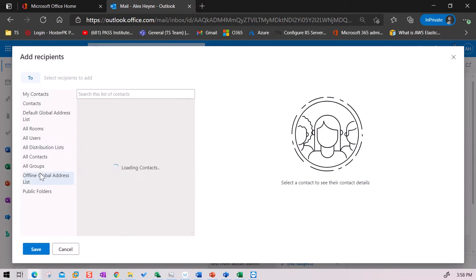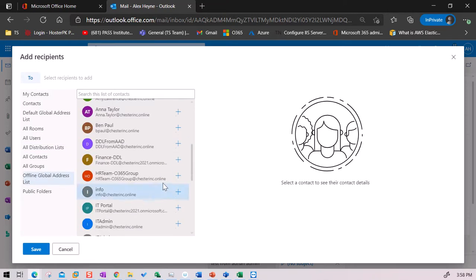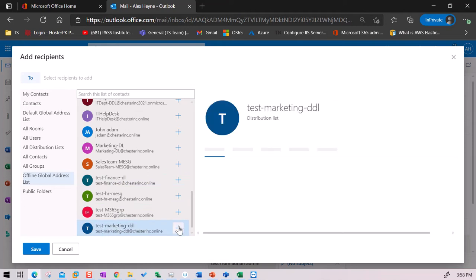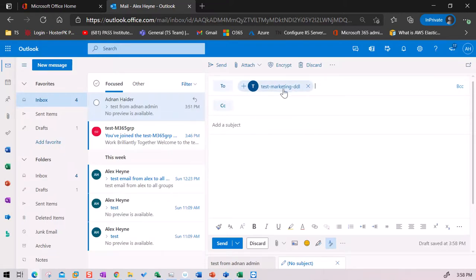DLs are not filled. Sometimes you can find them in the offline address list, and this is a DDL, but this is not the one that we created. We created this one, marketing. So I'm just gonna add it here for one time, and next time you will just type test and it will automatically show you the list. So this is a test from Alex